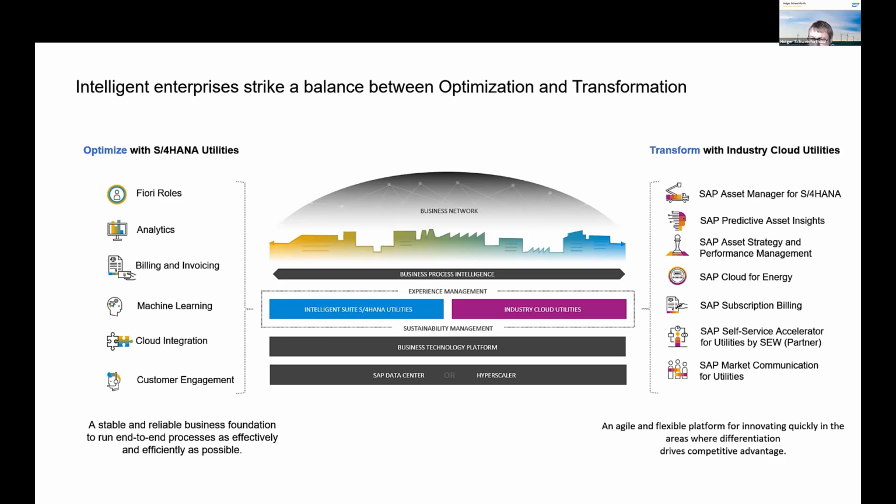And I think I have mentioned a couple of those already, and you will also hear some great examples later on how we have brought all these pieces together and what it actually means to serve end-to-end processes with these industry cloud solutions, also in combination with S/4HANA utilities.